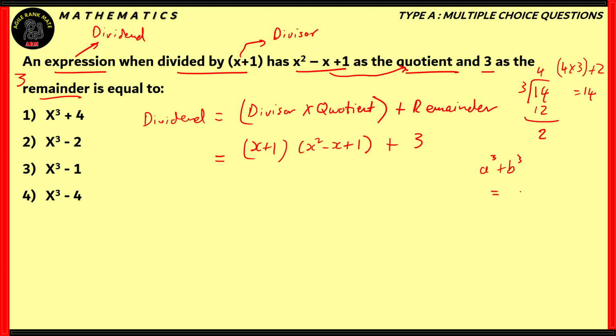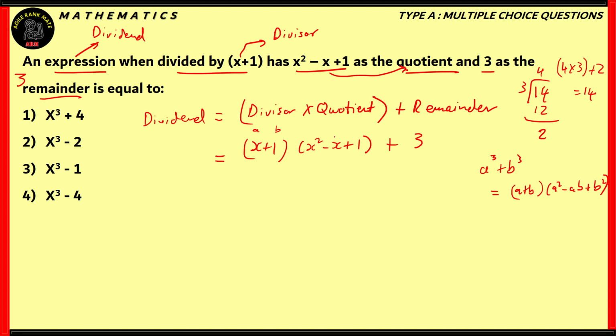So the right-hand side of a cubed plus b cubed is a plus b times a squared minus ab plus b squared. Now, if you look at it, if we consider a as x and b as 1,